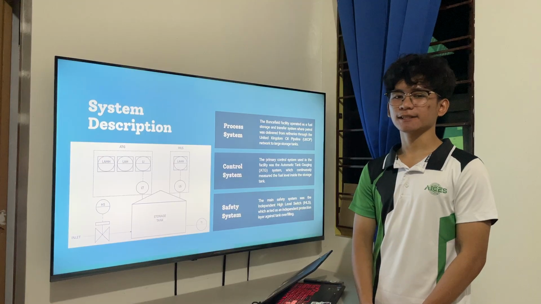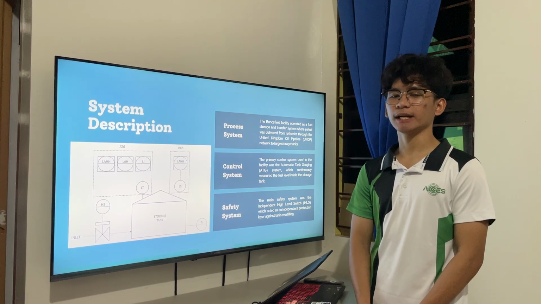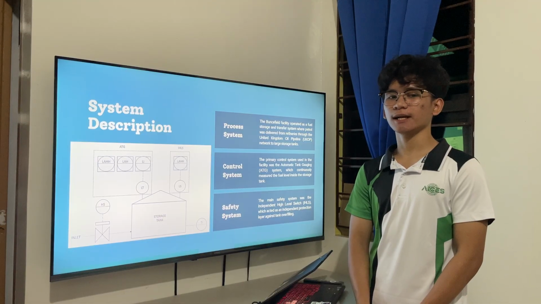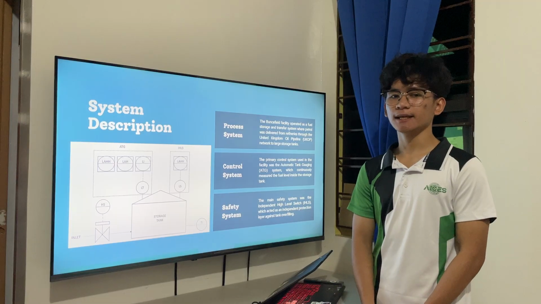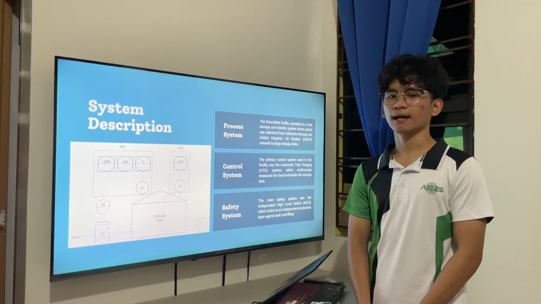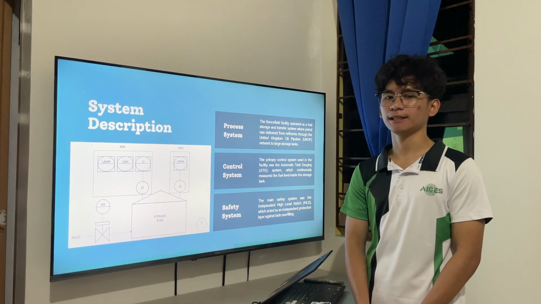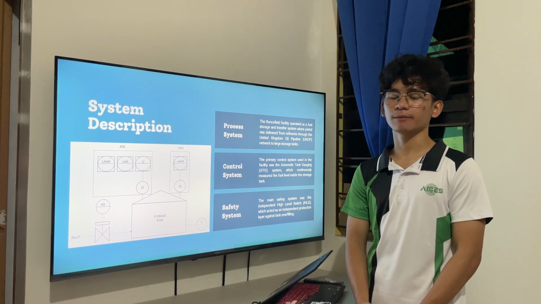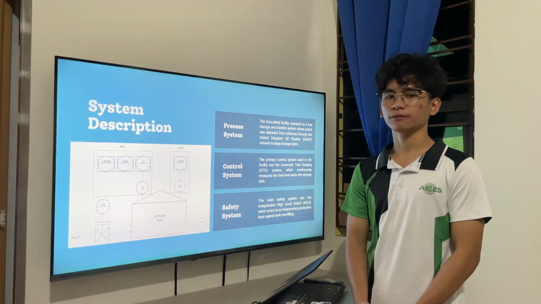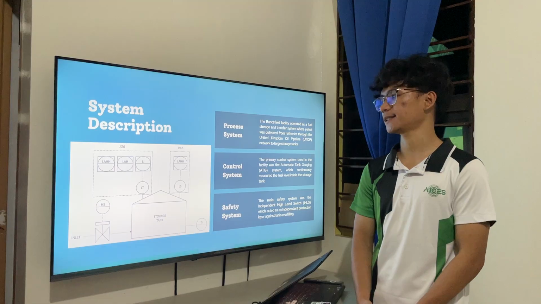And lastly, the safety system in the Buncefield facility was the independent high-level switch or IHLS, which served as an independent protection layer to prevent tank overfilling. The IHLS was designed to detect when the fuel level inside the storage tank reached a dangerously high point beyond normal operating limits. Once triggered, it would automatically activate an alarm and shut down the incoming fuel supply by closing the inlet valve or stopping the pipeline transfer, helping prevent fuel overflow and potential accidents.